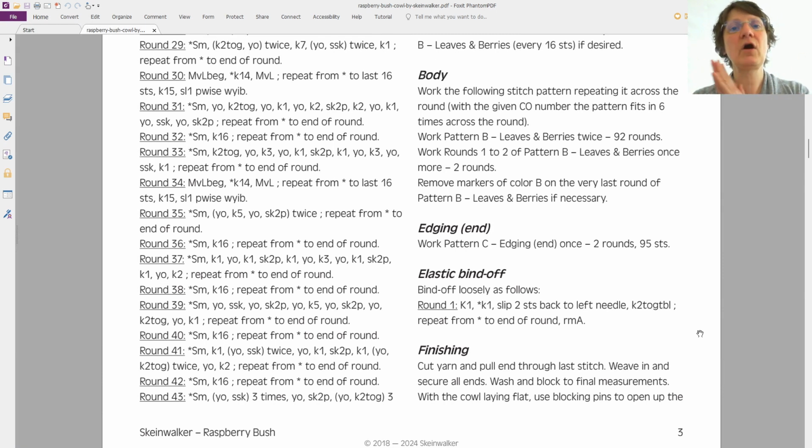Once the bind off is done, you can go to the finishing. So first, of course, you cut your yarn, you weave in and secure all your ends. In this case, there won't be that many ends because we are just using 2 to 3 balls of yarn and we have just one color. But if you have a lot of color changes or stripes or anything, you might have a lot of